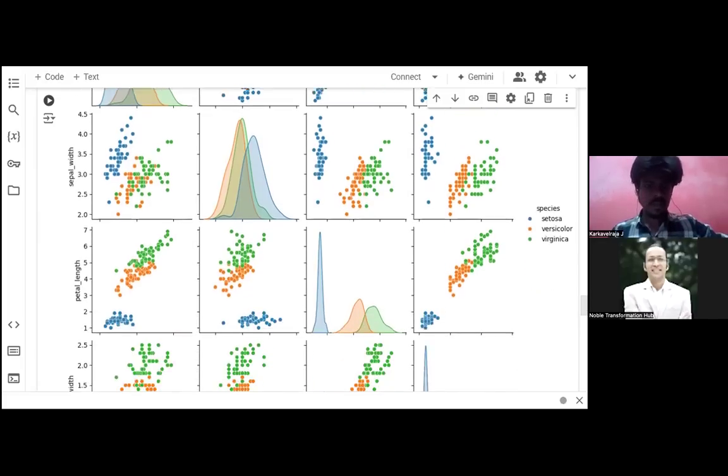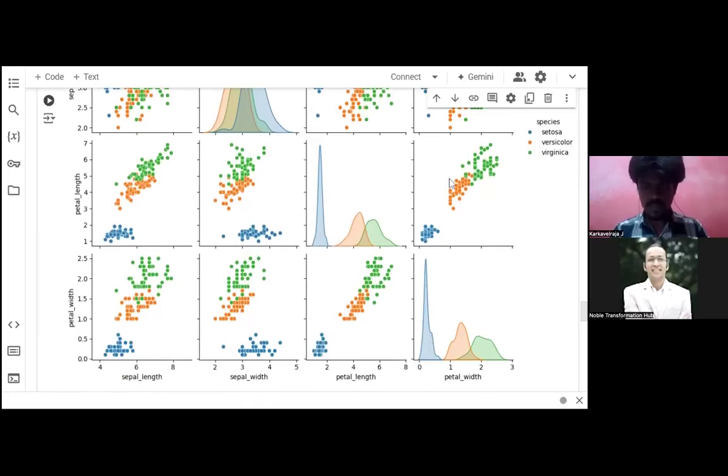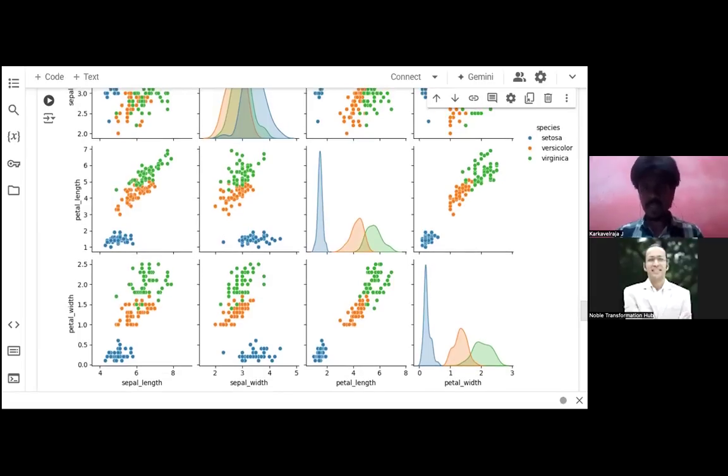Okay, let's see something else. We will just have an inference of it. Petal width, petal length: for versicolor and virginica it is very high and there is also some correlation, whereas setosa is very low and has no correlation with those two. Guys, this is how you need to understand it. The diagonal shows the distribution, whereas the other plots show the correlation in the pair plot. Hope you guys have enjoyed and understood this.